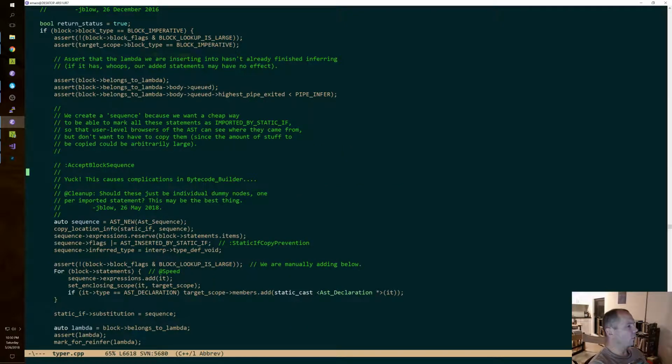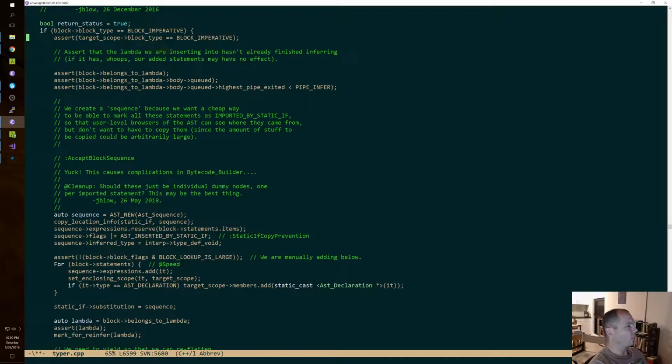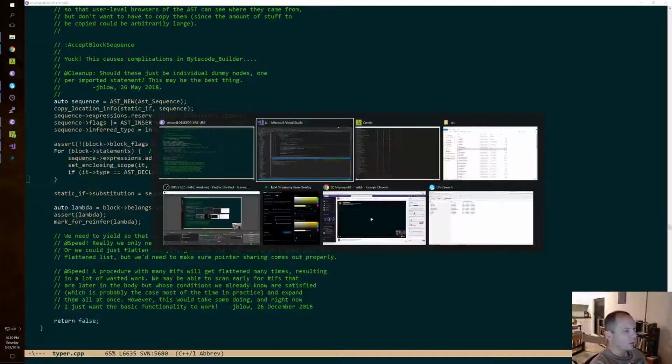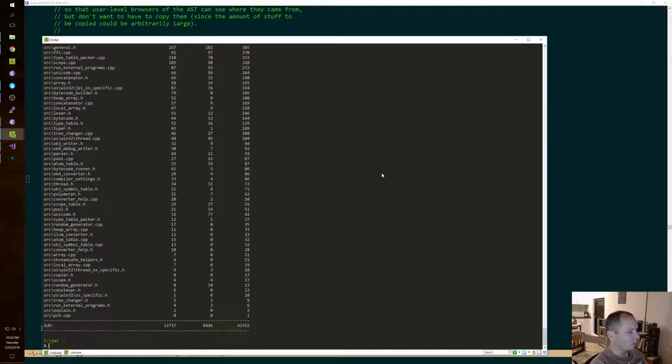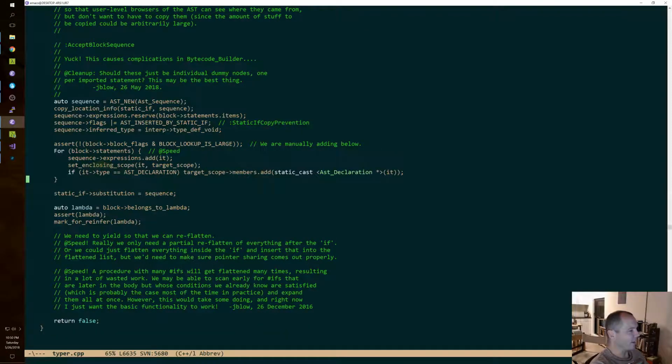Okay, we already asserted lookup is not large up here and also down here. Let's put it down here where it needs to be. Wow, we removed some lines already. 41552, we're 3 lines down. Yeah. Okay, for the statements. Sequence expressions. Set and closing scope. Yeah, I don't know about that strategy.